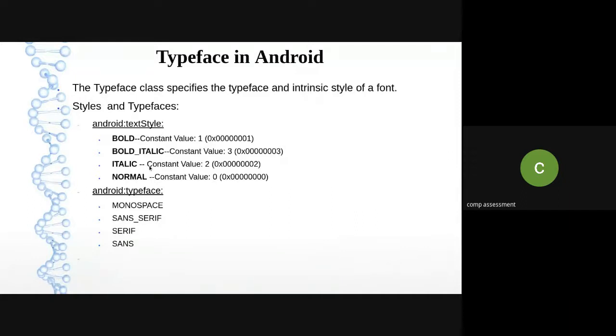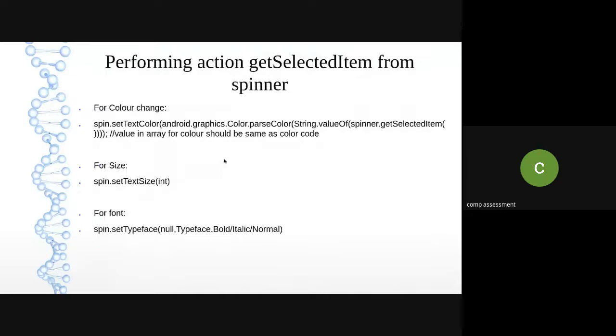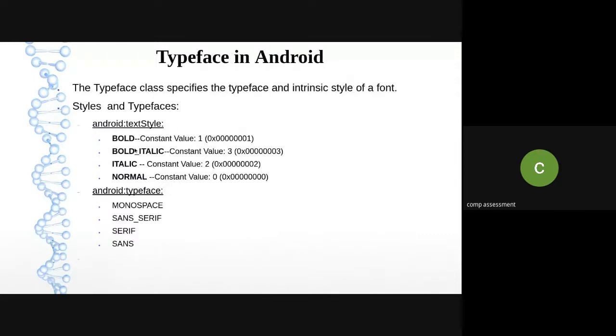If it is italic, I have to specify 2, and for bold italic I have to specify the value 3, if the second parameter is of integer type. That's why I mentioned you select the proper setTypeface signature, and accordingly pass the parameter for the text style.